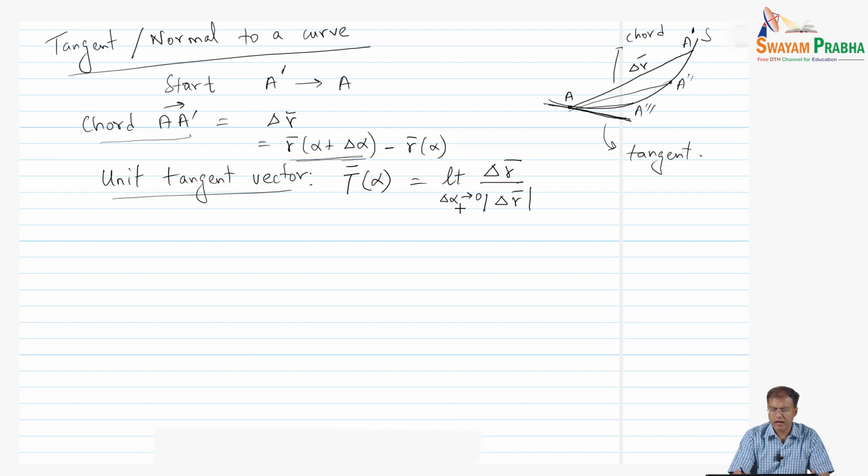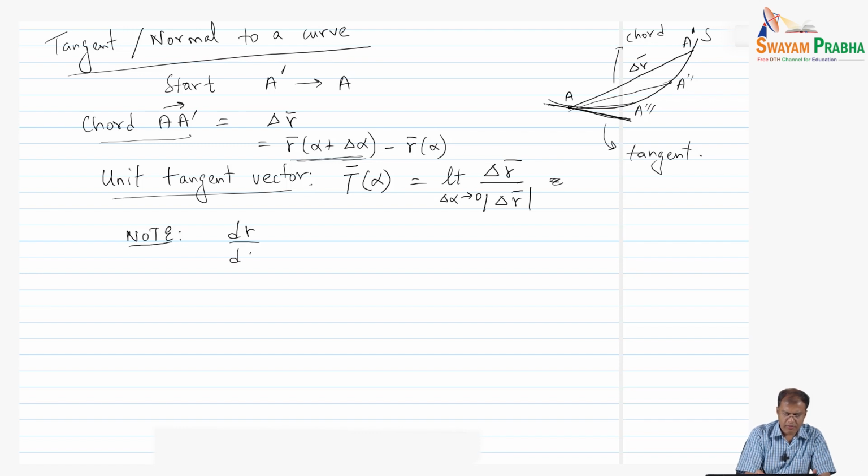So when we take limit delta alpha going to 0, we see that this is the case, and we have that this is delta R, and I have that this is my definition of the unit tangent vector. Okay. So the moment I introduce this limit, let us from here find an important derivative. So note